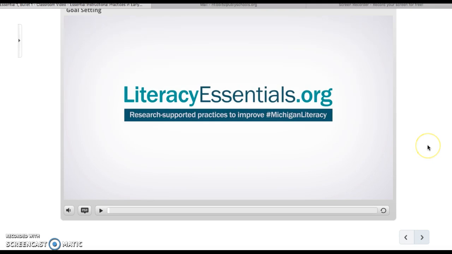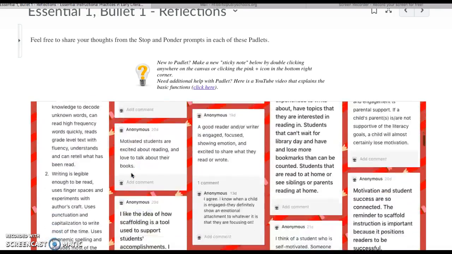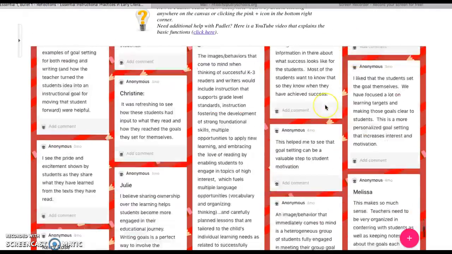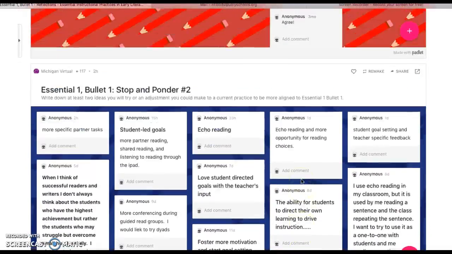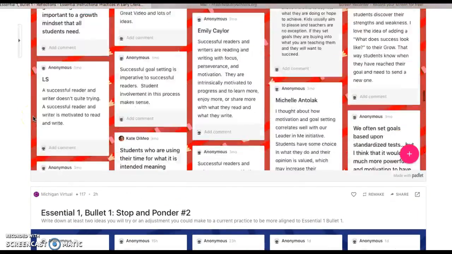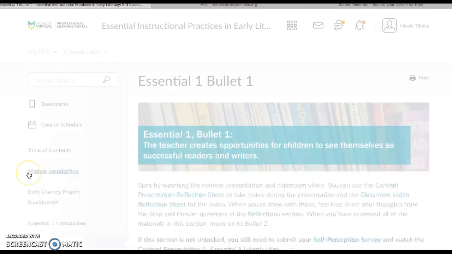And then at the very end, it'll take you to the Essential 1, Bullet 1 reflection in itself. And so there are just different stop and ponder activities here. So it takes you through several. You can read through as many or as few of those as you'd want. And then it asks you to write down at least 2 ideas you will try or an adjustment you can make to a current practice to be more aligned with Essential 1, Bullet 1. These aren't anything that anyone's going to see, but just a way that you can reflect within your own classroom and things to think about that you might want to change